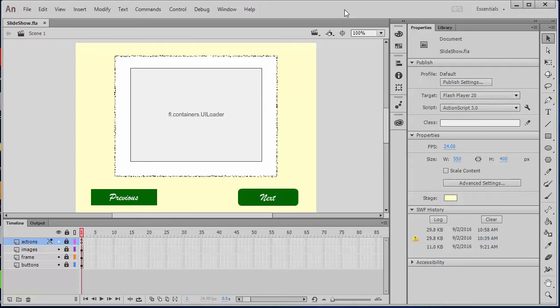This is Rusty. For this project, we are going to take a look at using Adobe Animate CC to create a simple slideshow project. I have displayed on the screen an example of the project. You will notice there are two buttons. The next button will move us to the next image, and the previous button will take us to the previous